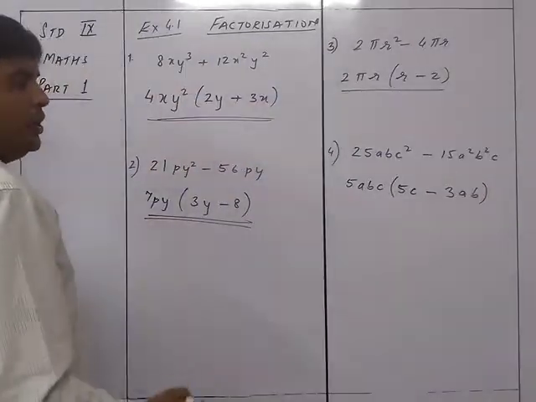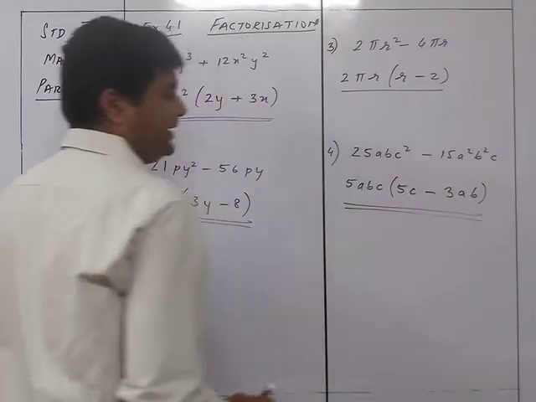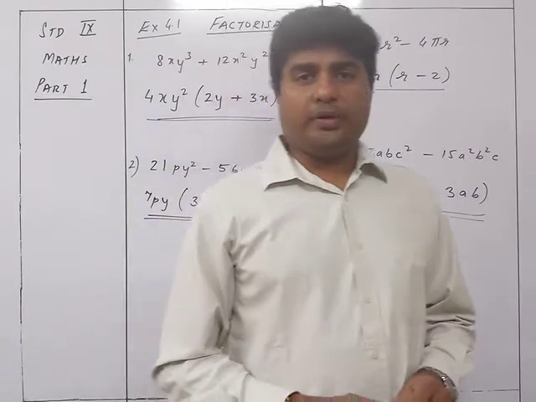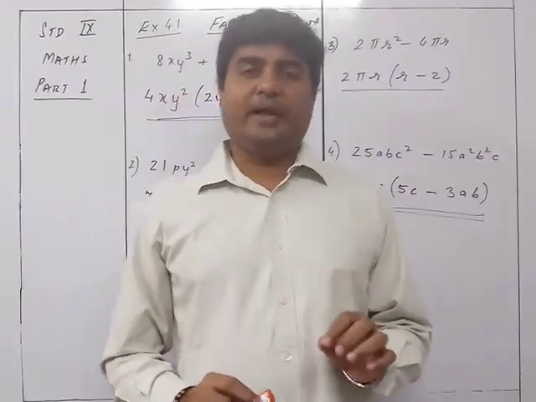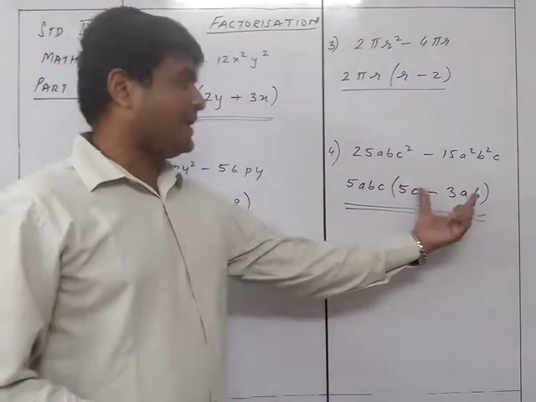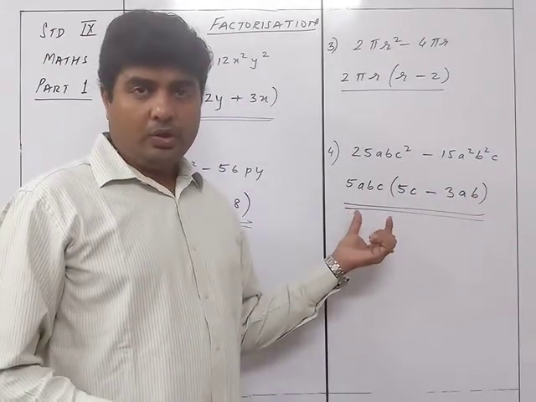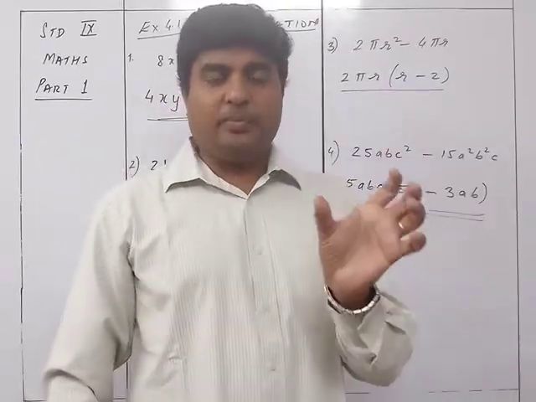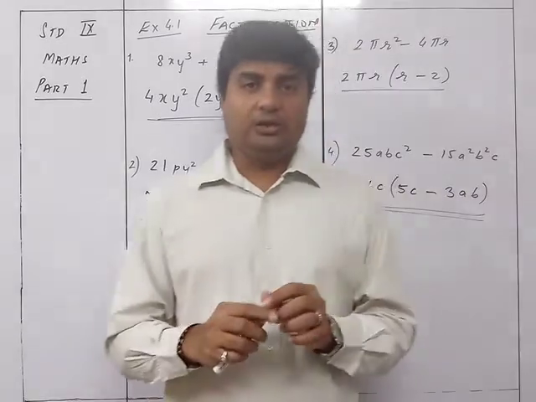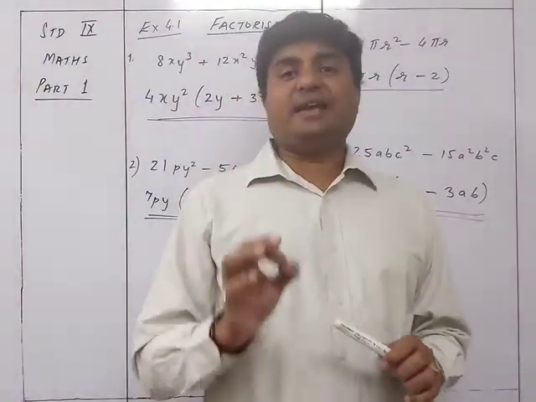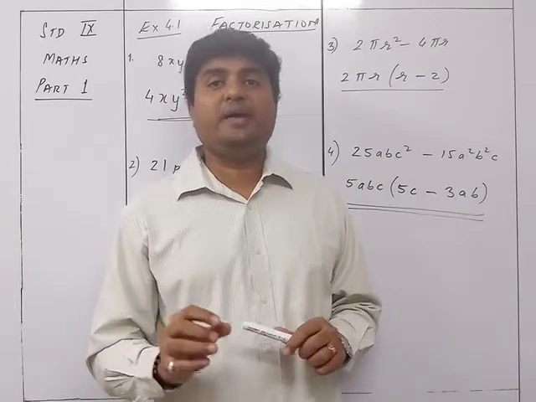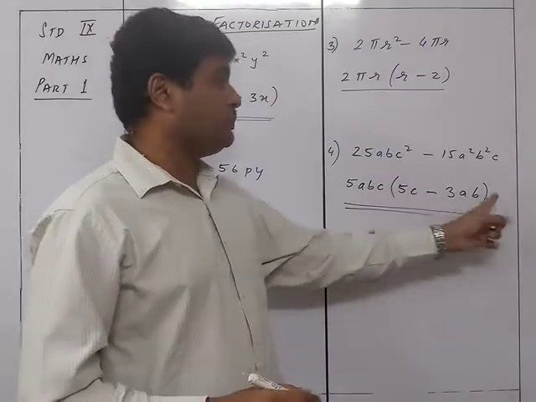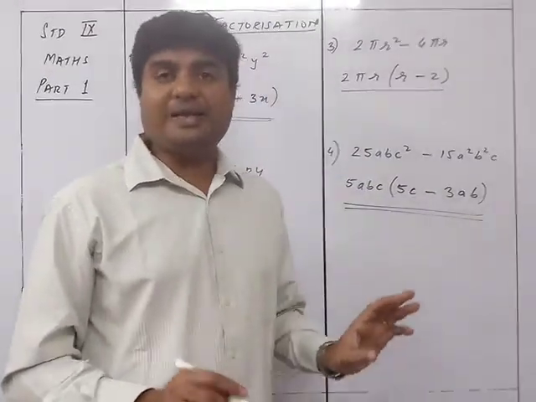So accordingly, you can see over here that in each and every case, the answer in case of factorization will be in terms of a bracket multiplied by a monomial, or sometimes one binomial bracket multiplied by another binomial, or a trinomial multiplied by each other. So that means the answers in case of factorization will always be in multiplication form. There won't be something like this plus 2 or plus PQR, nothing like that.